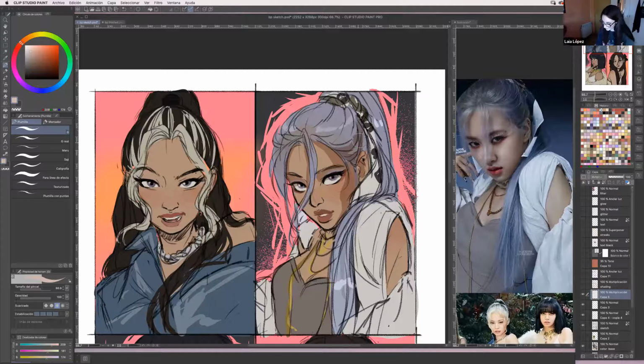For example, in this case, sometimes with the G Pen the lines look too sharp or too tough, and you want something softer. So what I do for the shading sometimes is I grab the blur tool, and I blur everything a little bit to make it softer.